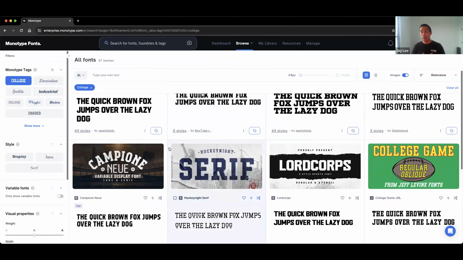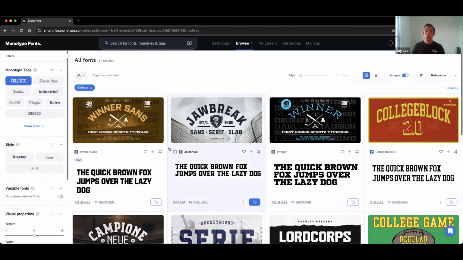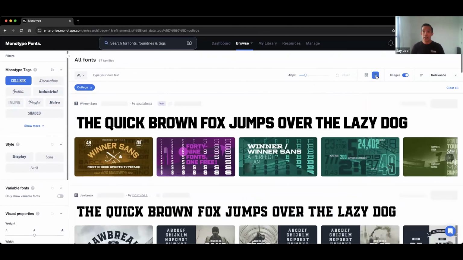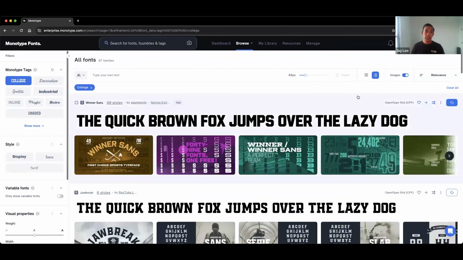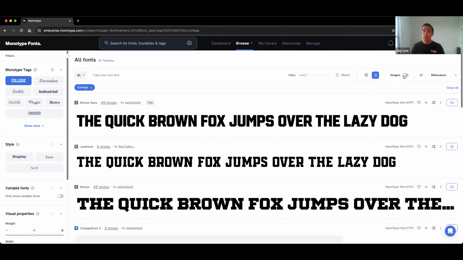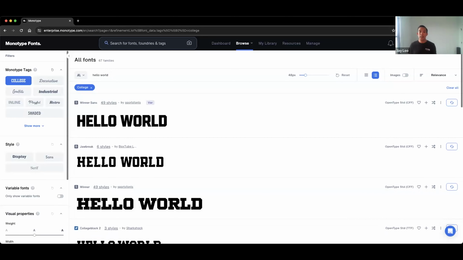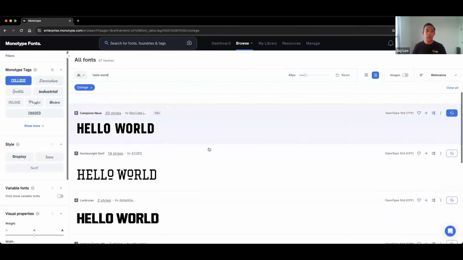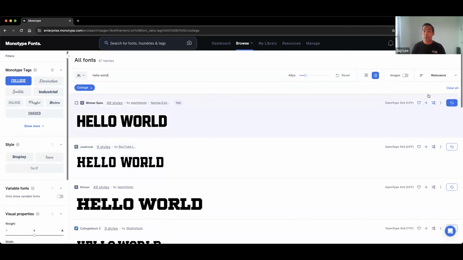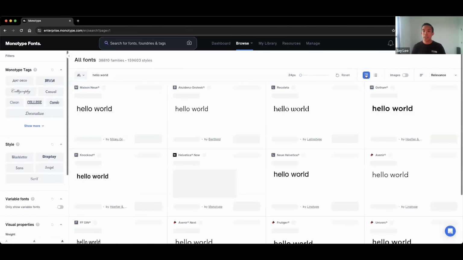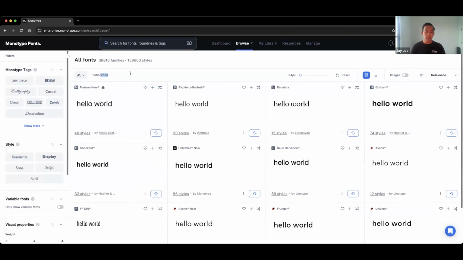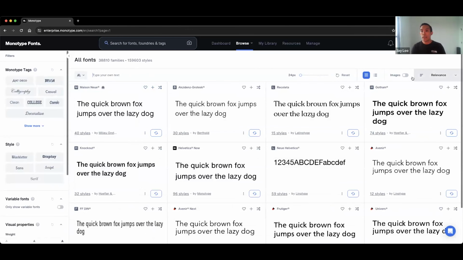This current layout, which is actually my favorite, is the inspirational tile grid, where it shows you a little bit of artwork, the typeface down below, and it's broken up into a grid. But on the top, if it's easier for you, you could also toggle over to switch it over to listing like this, or if you prefer not to have images, you can turn that off as well as type here in the box. So if you have a look and feel of the font that you're looking for, you can type out that text as you scroll, navigate, looking for the fonts that you potentially have an interest for. If I clear this out, toggle this back over to grids, and remove the text up here,